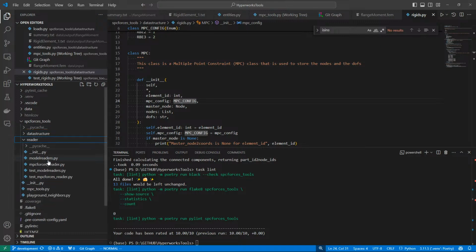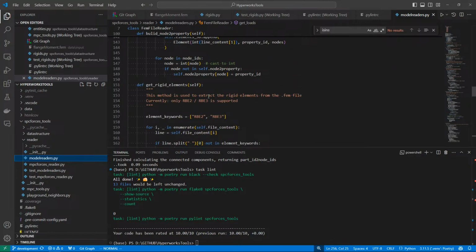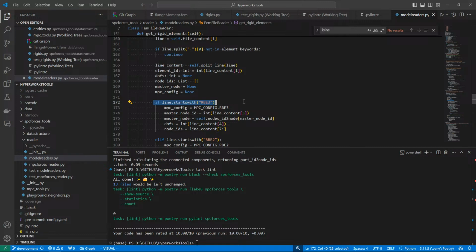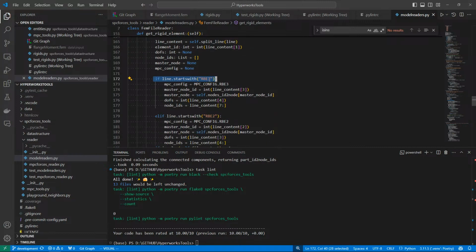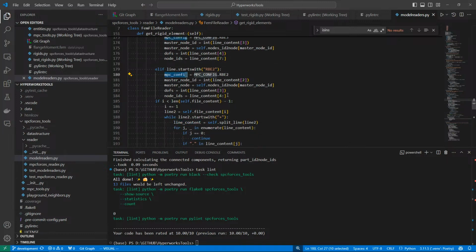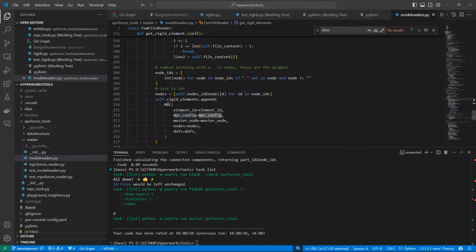where the RBEs or rigids or MPCs, however you would want to call them, are being generated. That's with the method getRigidElements. And then you have this: if the line starts with RBE3 in the .fem file, then it has these lines of setting it up, and if it's instead RBE2, then it has these lines of setting it up. And you see here the MPC config is either RBE3 or RBE2, and is being used then here when this